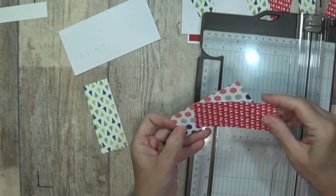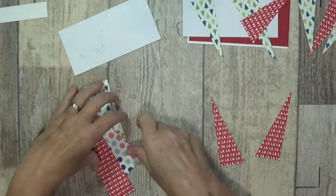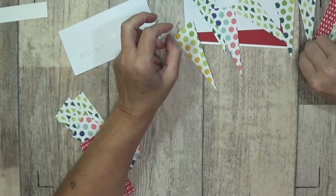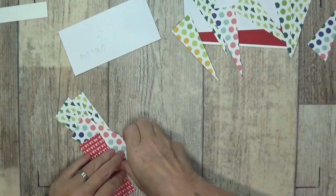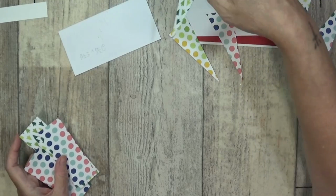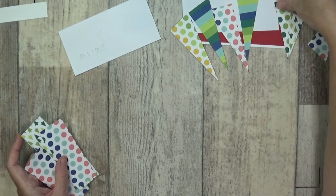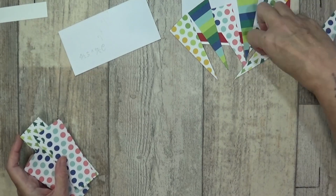Oh, we could use the spots. Oh, let's use the spots. Save on paper. There we go. We'll use the spots, so we'll just turn them over and use spots. I know they're pretty much the same colour, but then what's on the other side? There we go. We'll have spots and stripes this time then. Just thing is, there's no red now, so